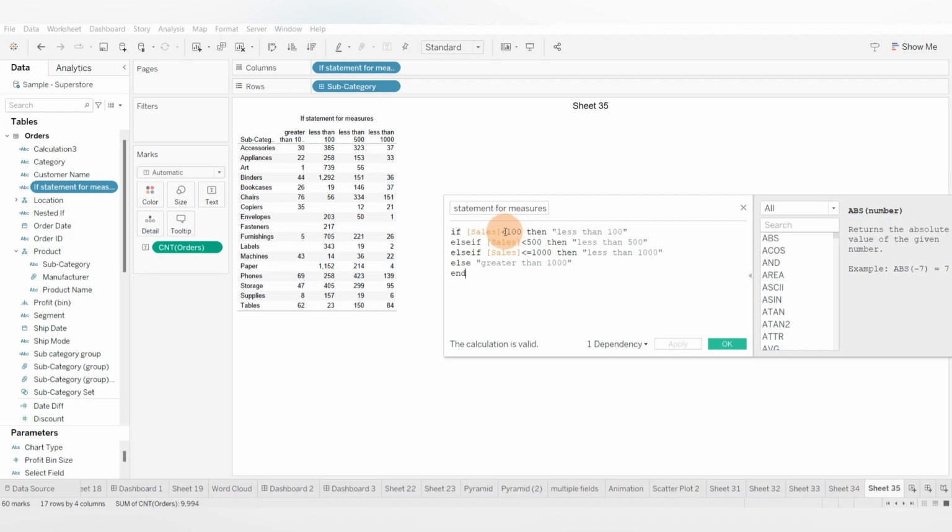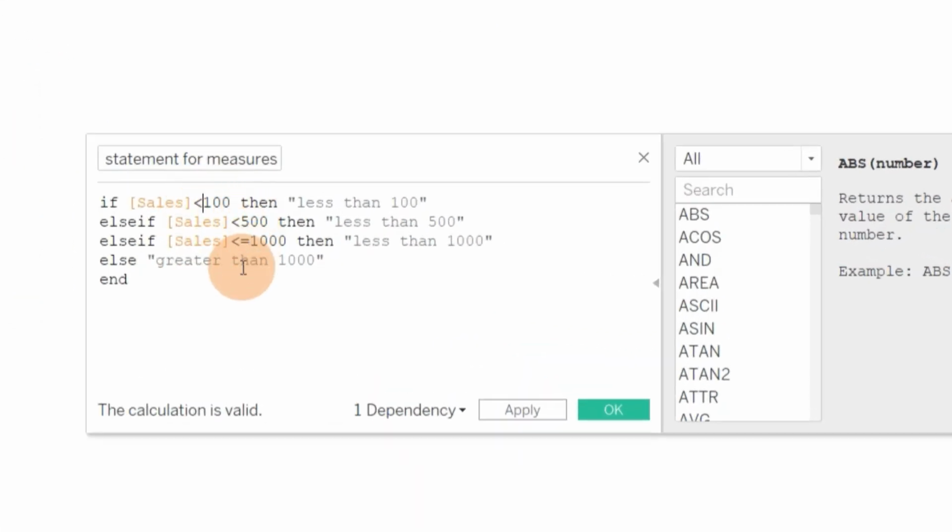Suppose here instead of less than 100 I write greater than 100. So all my values greater than 100 will come under this criteria only, and then these values will not be checked in further conditions. These less than and greater than signs should be used in a correct way, otherwise it will give us incorrect results.